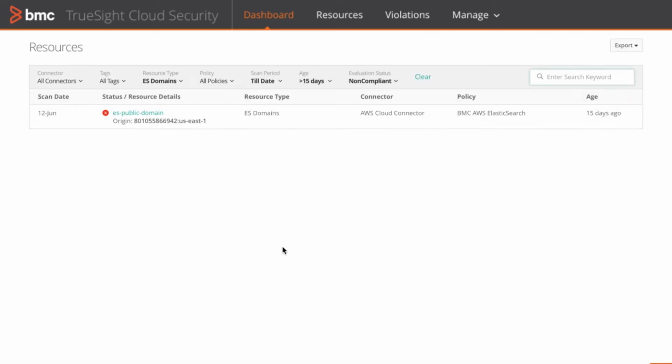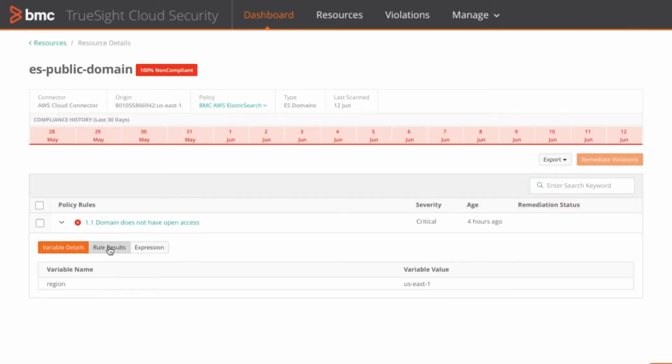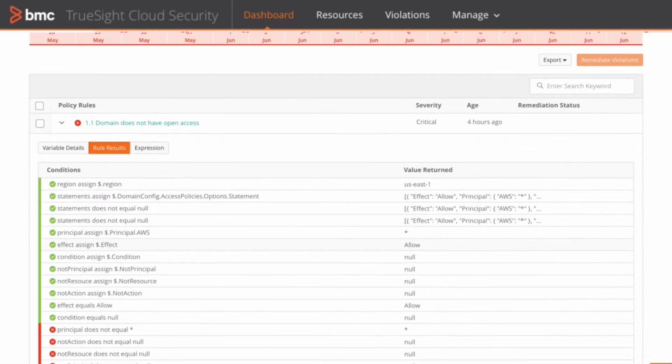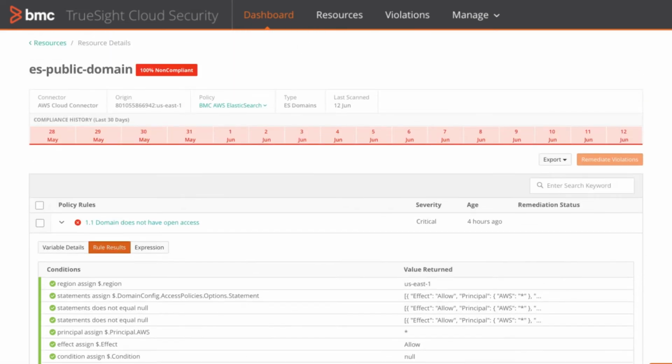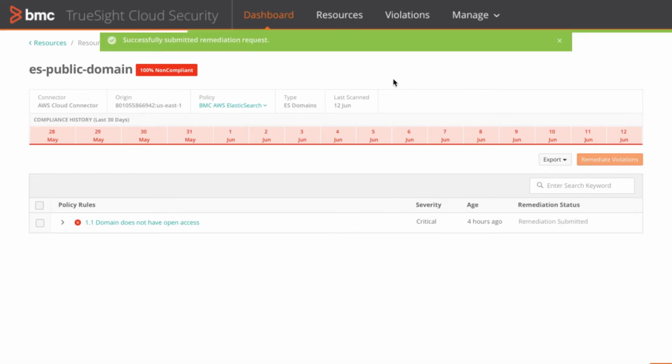We can drill down by selecting the resource that is using Elasticsearch for customer data and see the compliance history. We can see that it recently changed to a non-compliant state because it is violating the no public access policy. We can now select the violation and automatically remediate it, changing the configuration back to an approved status and preventing